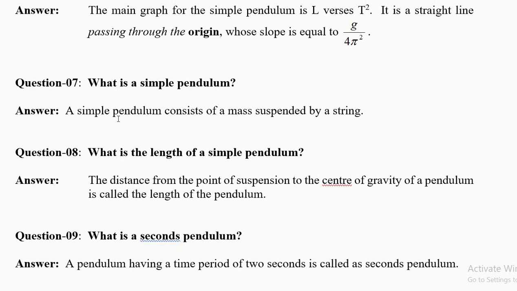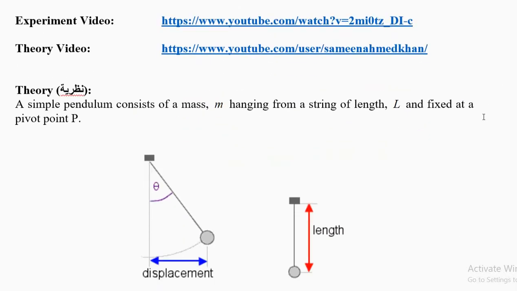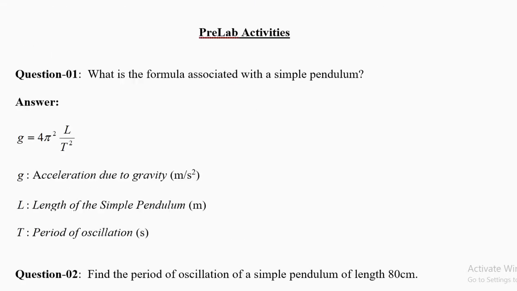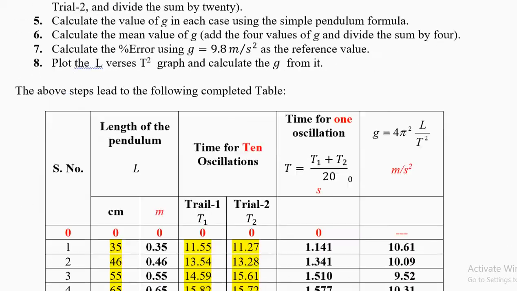What is a simple pendulum? A simple pendulum consists of a mass suspended by a string. Go back to your page 1. This is your hanging mass. Even if it is not swinging, we will call it a pendulum. Okay? Your car is called a car, whether it is moving or not moving. So this is called a pendulum. Even if it is not moving, the movement is for your explanation. Car will not become a bullock, will not become a horse if it is not moving.